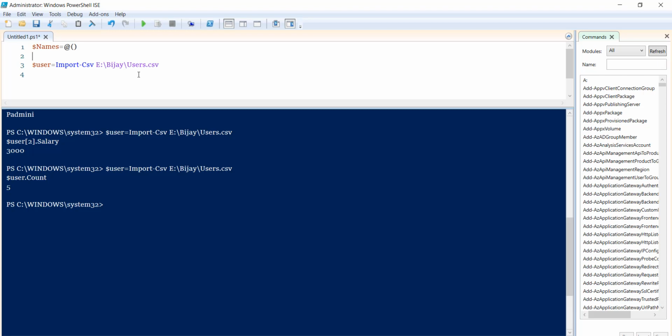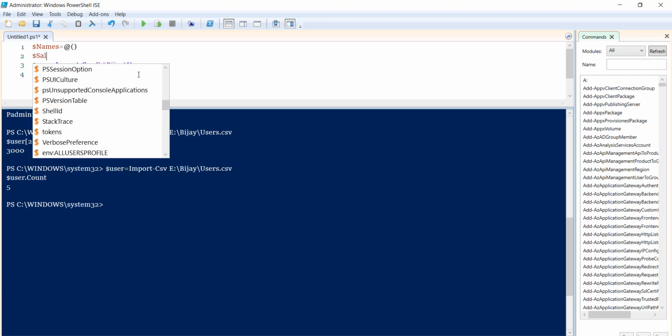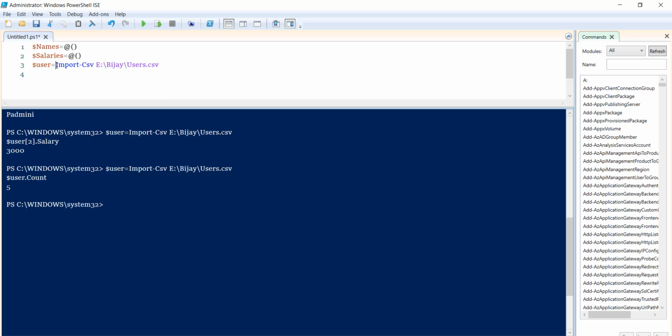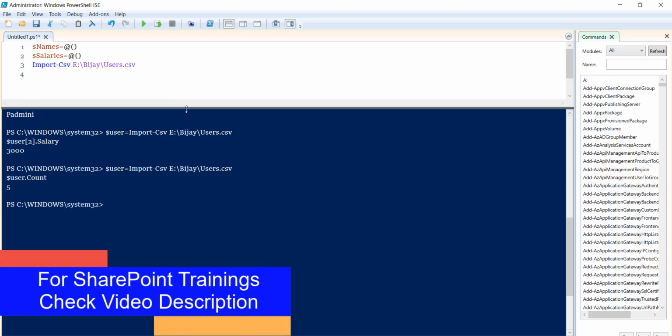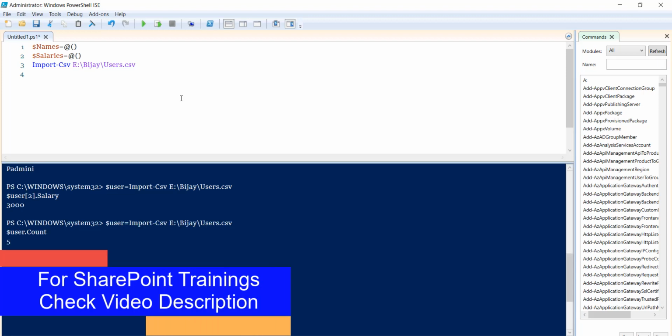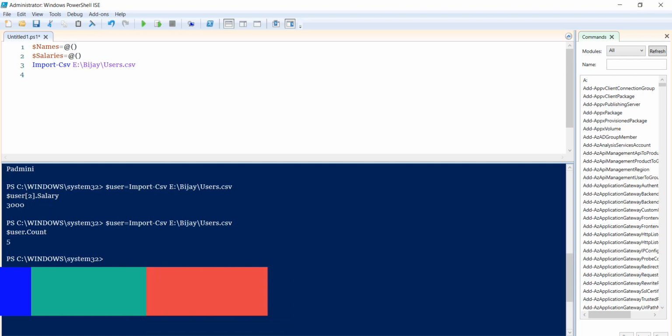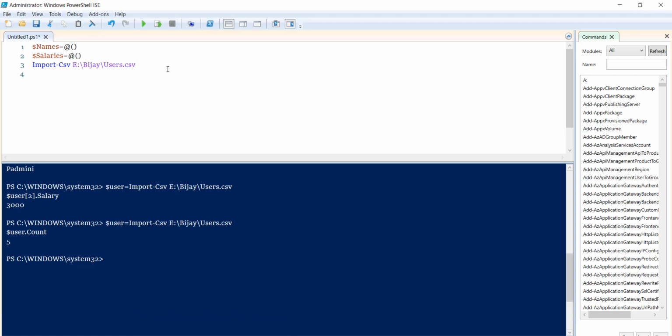The same way I will declare another array. It is salaries, and you can see here I will put this like this. So two blank arrays, then we will use our import statement here. And once you import it, then now by using a for each, we will be able to, so I'll put a pipeline symbol here. So we'll filter the records. So I will use a for each. So you can see here for each, and then